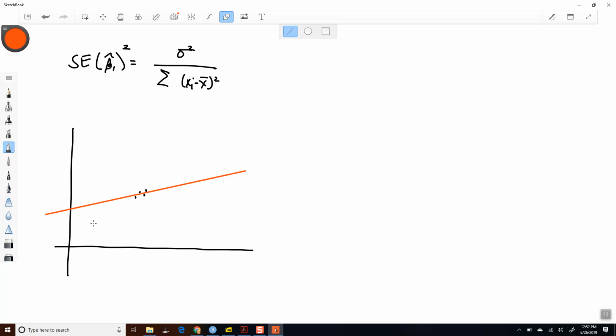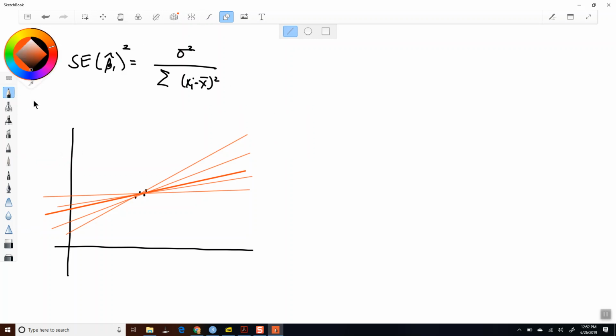Maybe you get this, but other possible values, there's quite a wide range of possible slopes that could be formed if you only have data in a small range. Yeah? But on the other hand,